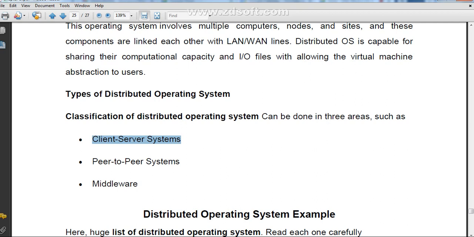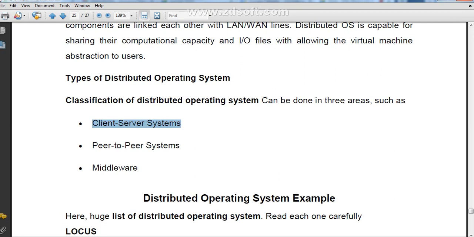Then middleware. So these are the classifications, or the different types, of distributed operating system. There are three types: client server system, peer to peer system, and middleware.